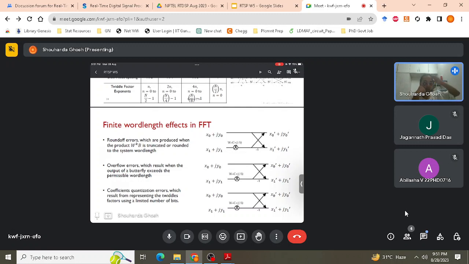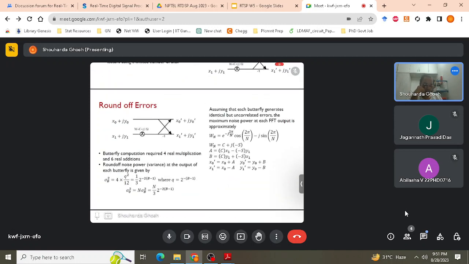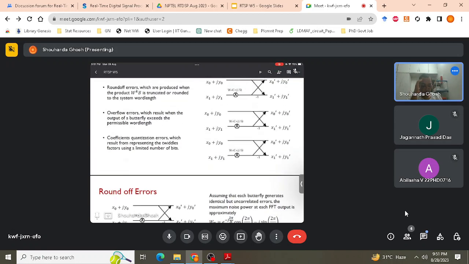And then there are coefficient quantization errors, which happen because the twiddle factors, the cosine and sine, you do not express them as a finite number of bits. So that's shown over here, that round off noise. As I told you, there are 4 real multiplications, and multiplications are having this approximation. So the noise,